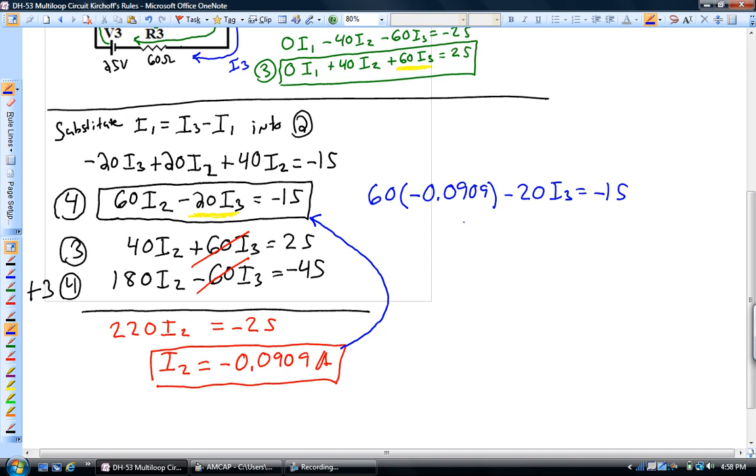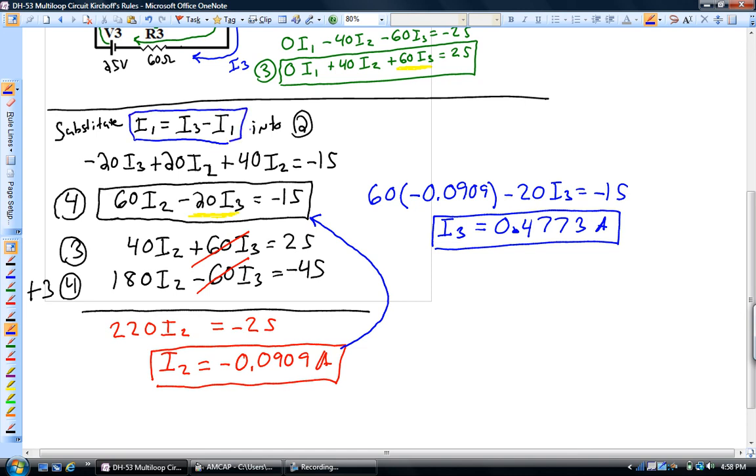And when you do that, you should get a current 3 that is 0.4773 amps. 2 out of 3, that's not bad. It's not as good as having all 3 though. So let's look at the third equation, and to do that we'll just simply use this. If I want to get I1, I will just do this over here. I'll pick a different color because I can, and that's going to equal